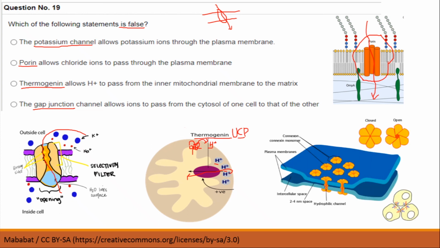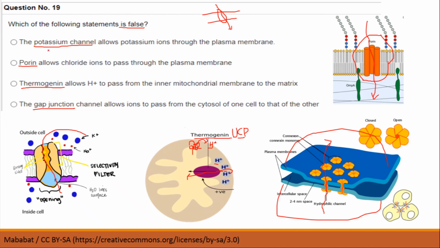Next is gap junctions. Now, gap junctions are specialized intercellular connections between cells. They directly connect the cytoplasm of two cells and they allow the transport of molecules, ions, and certain electric impulses from one cell to the nearby cells. Now these gap junctions are analogous to the plasmodesmata that you have learnt in plants. So now as we have understood the four types of channels provided in the question, let us now go and find out which of the statements is false.